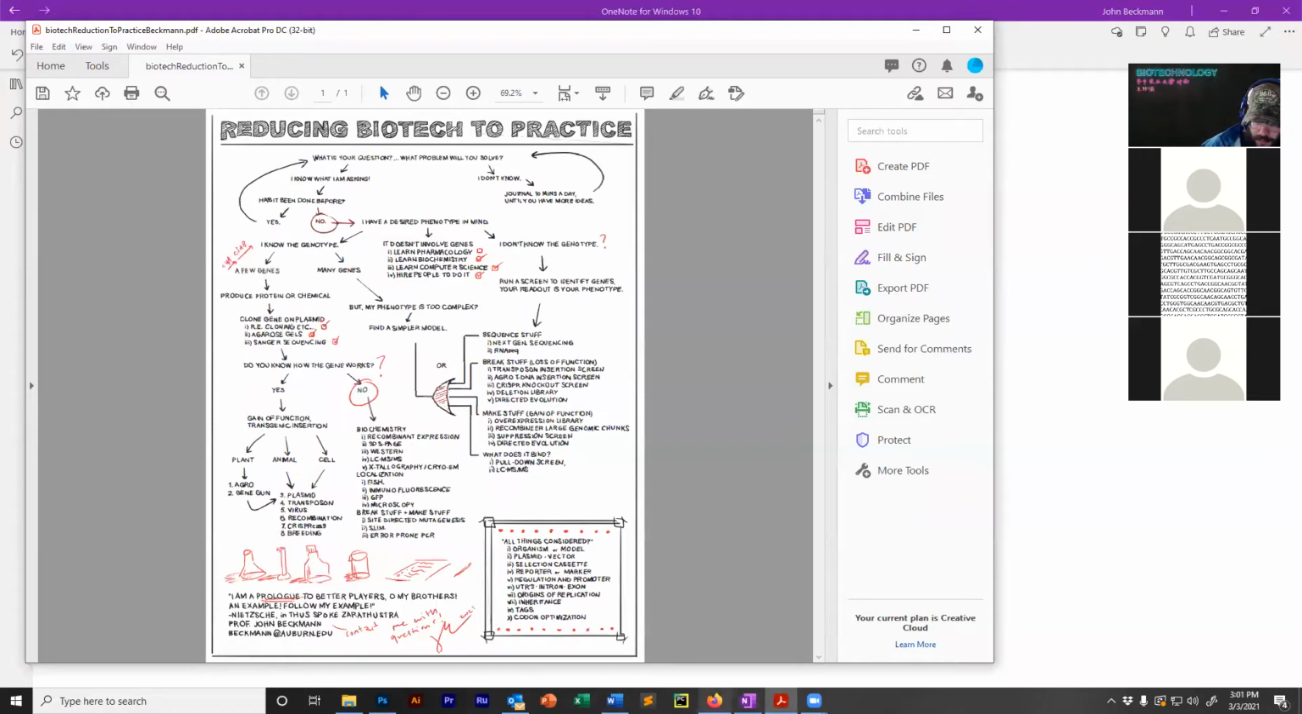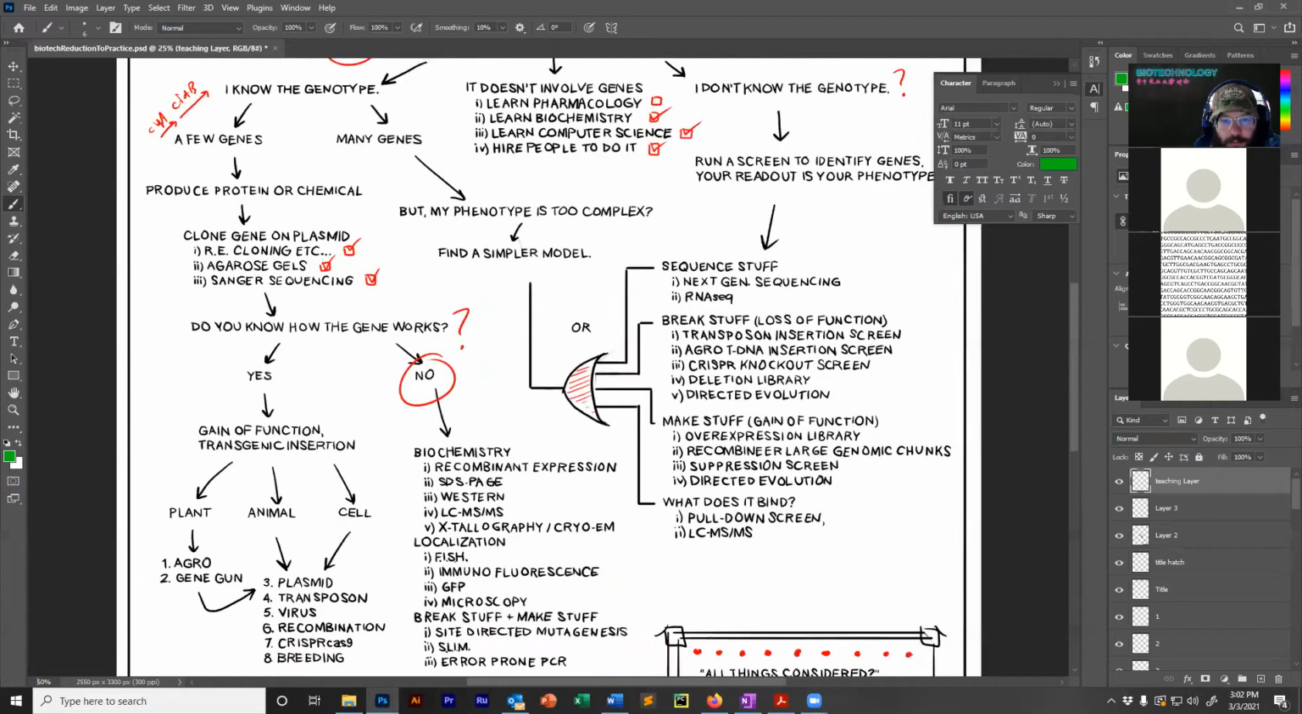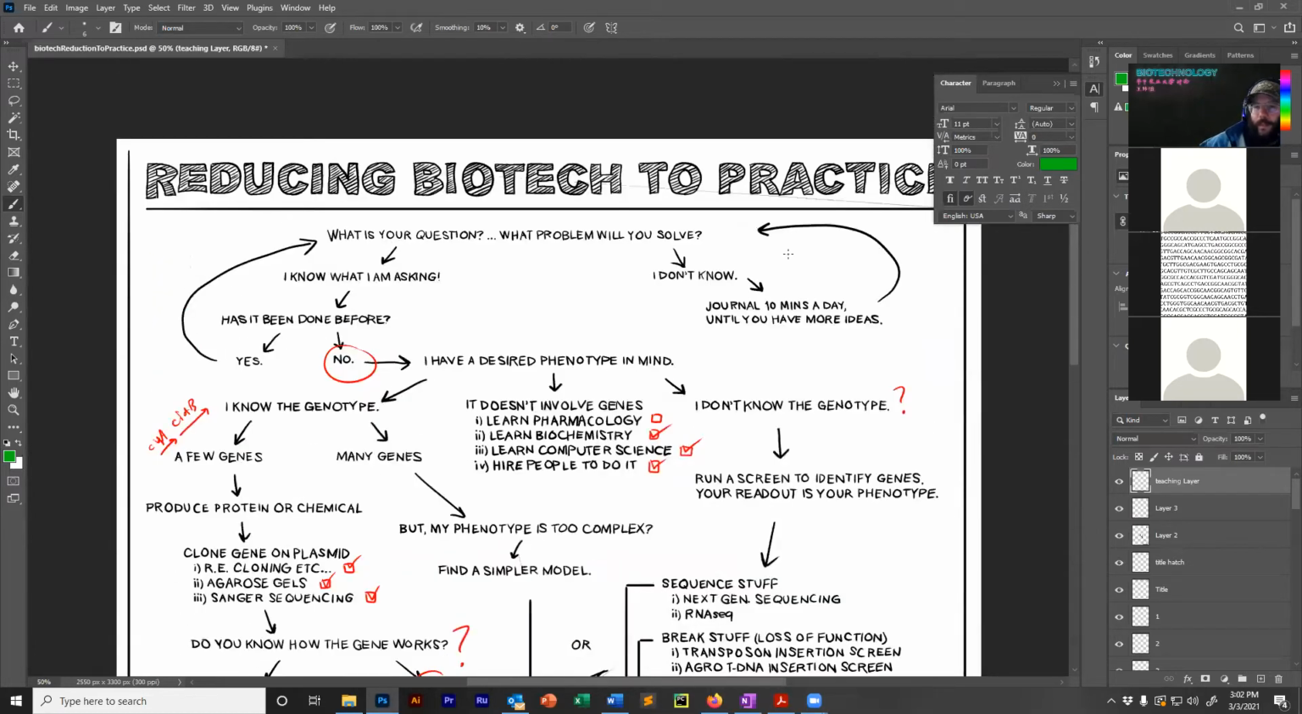So I just want to walk through this document. Let's walk through it in Photoshop. So let me zoom in here. Okay, so